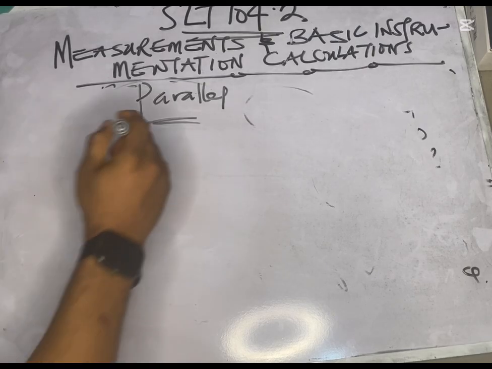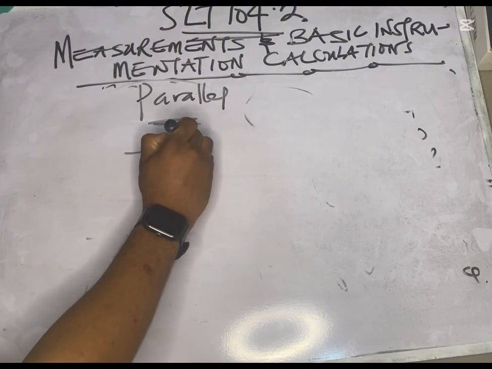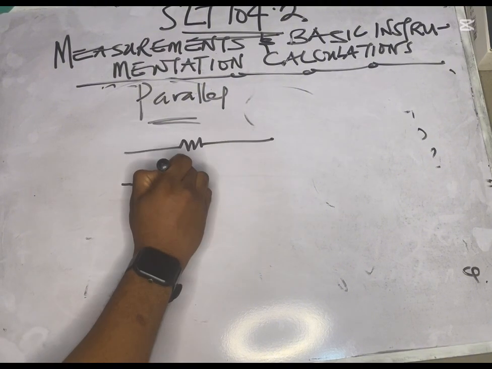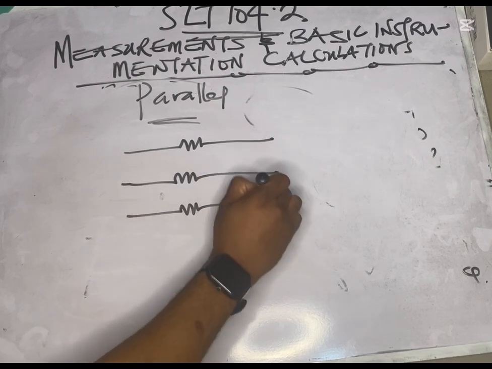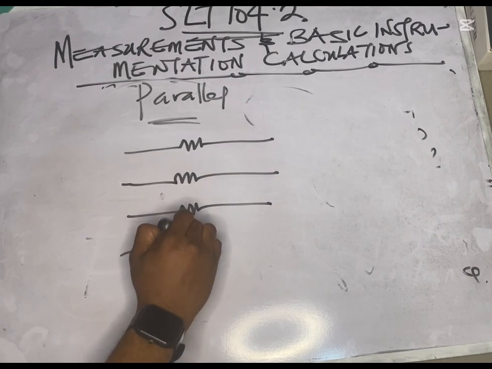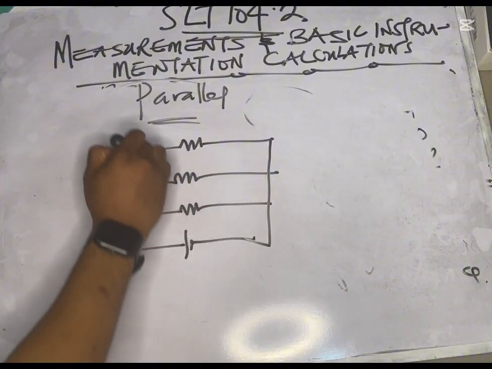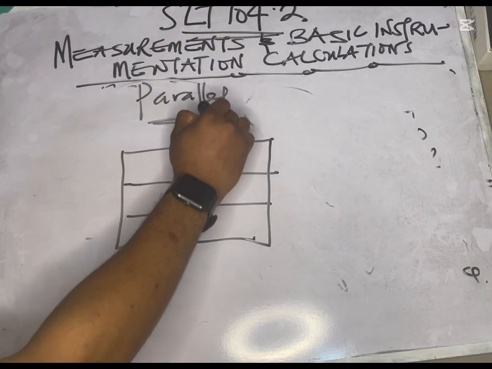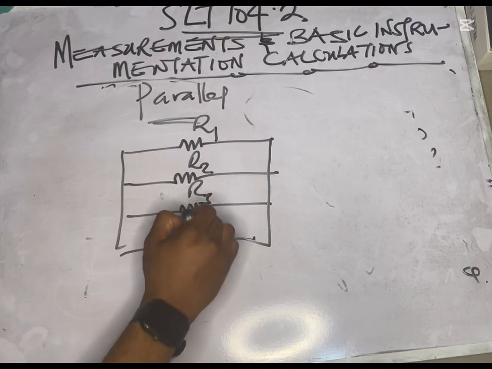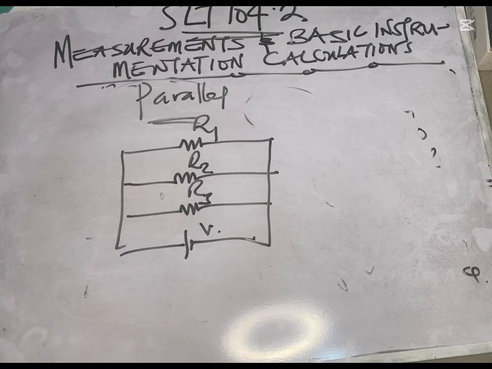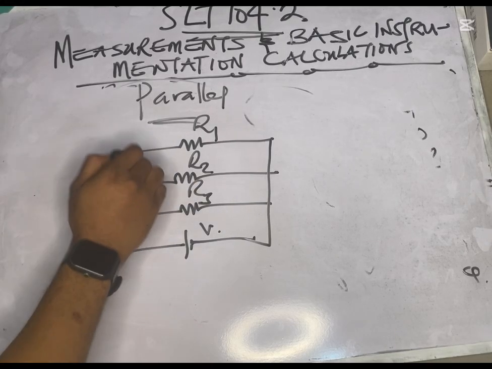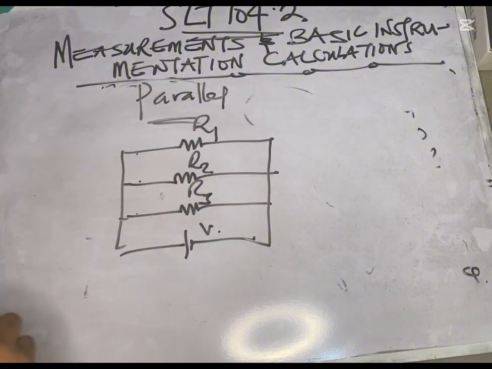So the circuit setup is actually represented as follows. It looks like this. Then of course you can have a battery source here. So this is your R1, this is your R2, this is your R3, then this is your V, your potential difference. So look at this one wire, this another wire, this another wire. They don't have the same amount of current. So now, if you want to determine the current that is flowing, knowing that they are different,